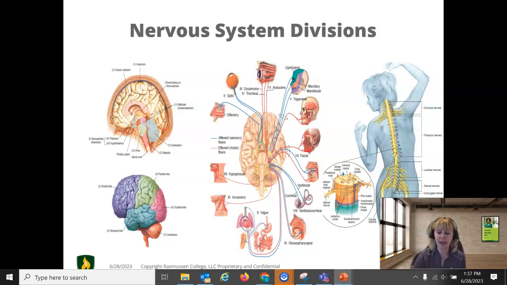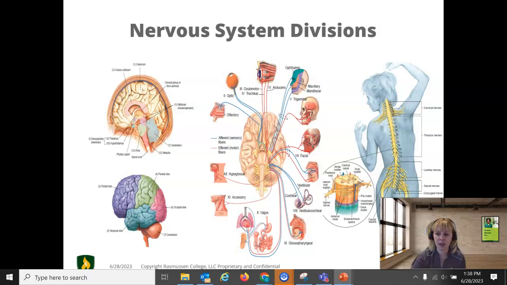The second system we have is called the PNS, which is the peripheral nervous system. This consists of 12 pairs of cranial nerves and 31 pairs of spinal nerves. It consists of all sensory neurons, which will carry impulses from the body to the central nervous system, meaning again that they are afferent, A-F-F-E-R-E-N-T, and the motor neurons, which will carry the impulses from the brain and spinal cord to the muscles and the glands of the body. Again, efferent,